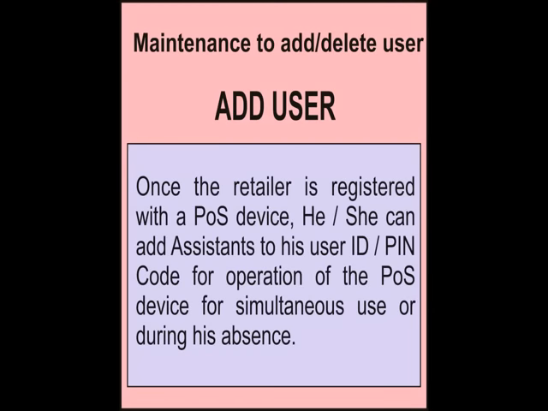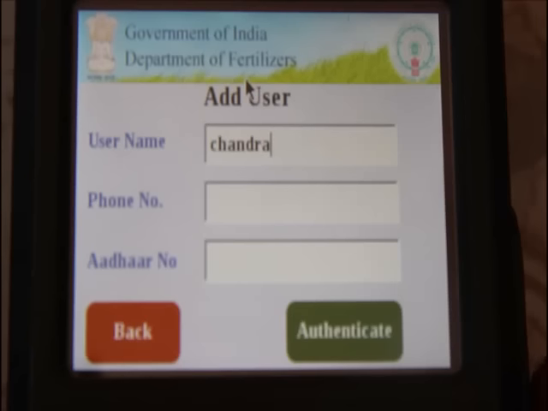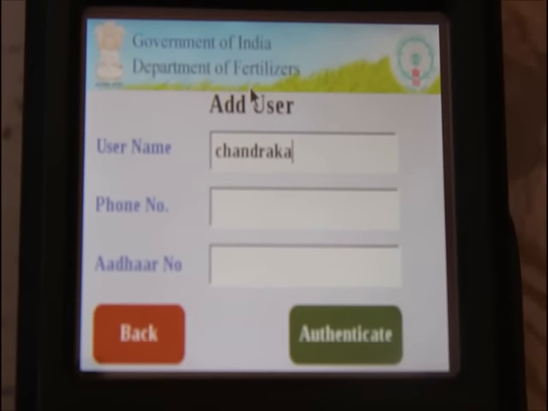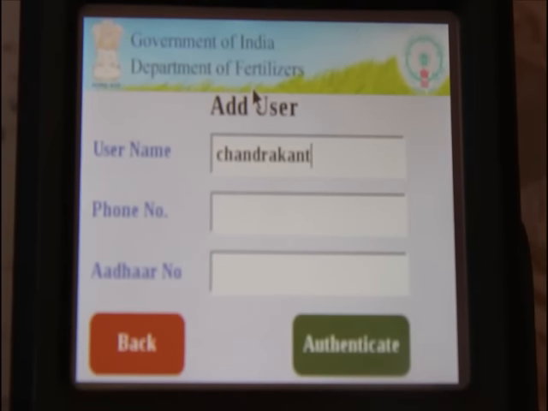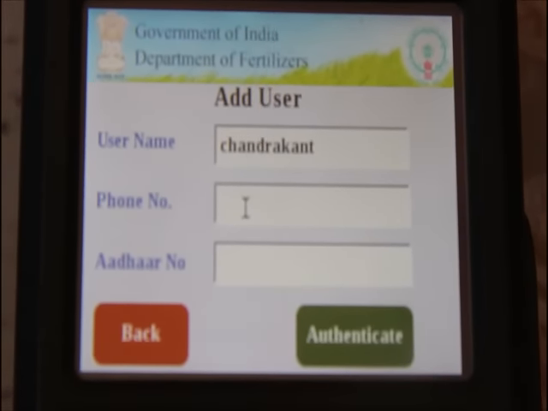Once the retailer is registered with a POS device, he or she can add an assistant to his user ID or PIN code for operation of the POS device for simultaneous use or during his absence. For additional user creation, please follow the following steps. Add username. Add mobile number of the new user.